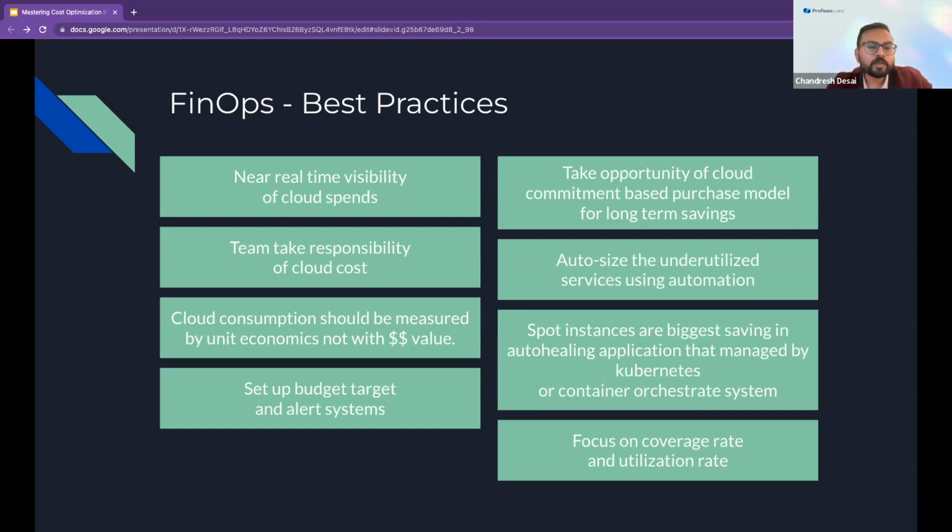The other one is to right-size underutilized services using automation. Automation is a key part here. If your EC2 instance is running with low consumption but has a very large instance size, that is definitely extra waste in AWS.